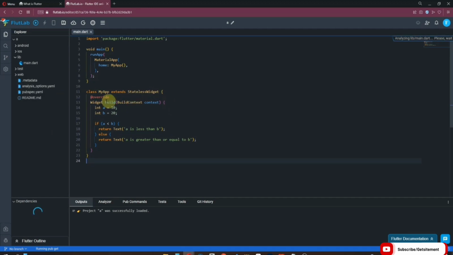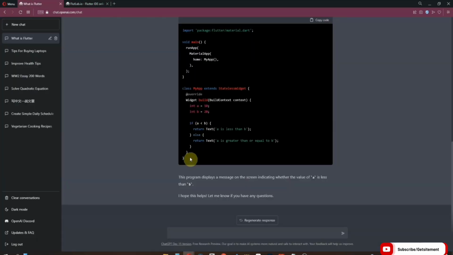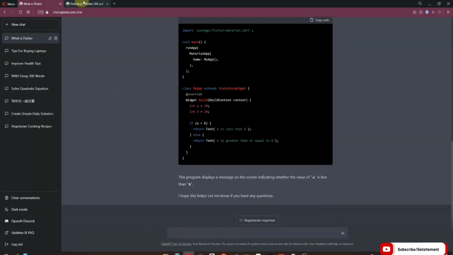Now I paste my code in here, and now I'm going to click on this save button, and now let's run this app. So the answer is A is less than B, because A is equal to 10 and B is equal to 20. So let's say A is less than B. So we can find an error in this code. So for example, I'm going to copy this code and I'm going to type find an error